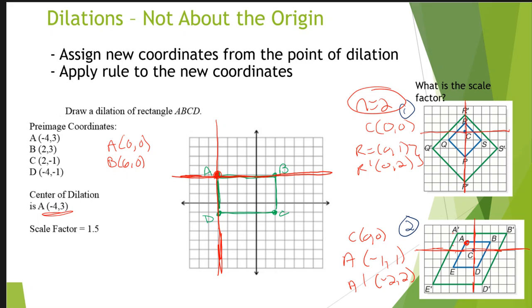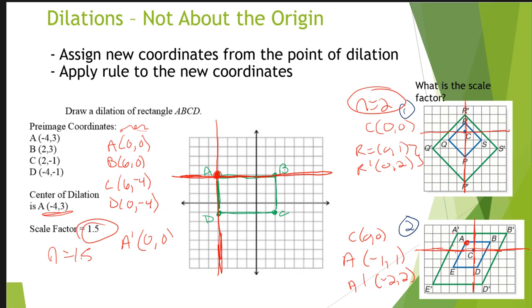Again, you go from this being the origin. C is 6, because it was already over 6, and then down 4, so 6, negative 4. And D is 0, negative 4. All right, and then we apply the scale factor, n equals 1.5. Now that we have it at a center of 0, 0, we multiply these by the scale factor. So A prime is going to be